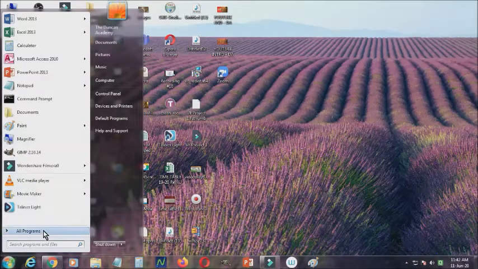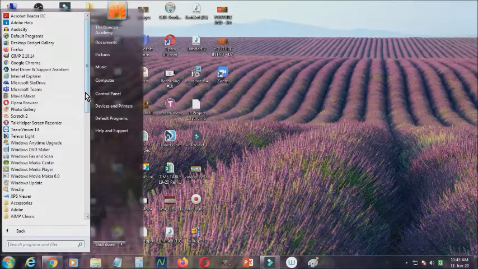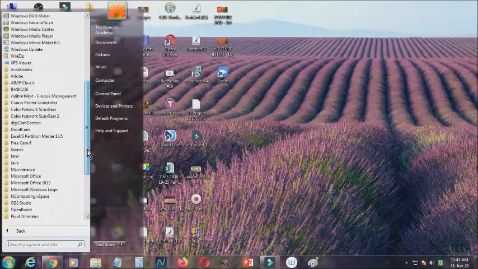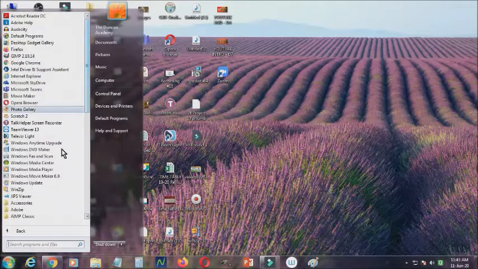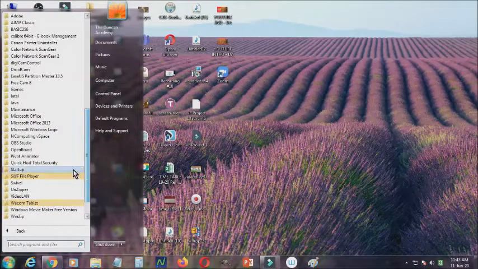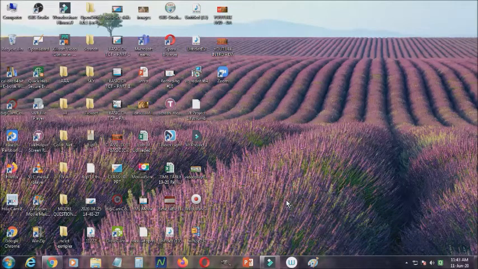Or even you can see here all programs. If we click all programs, whatever is inside your system, all the programs will be visible here. So through this you can open whichever program you want. Another one is the taskbar. So this is called the taskbar.